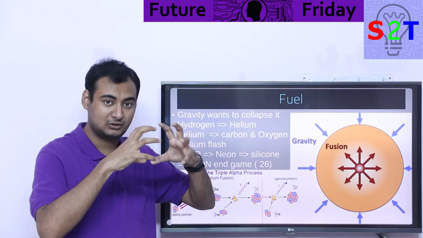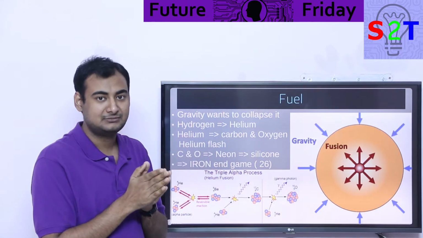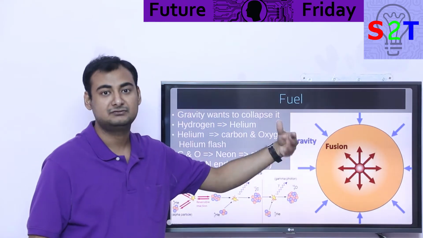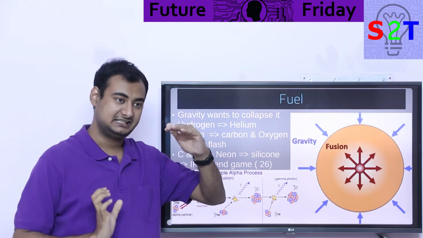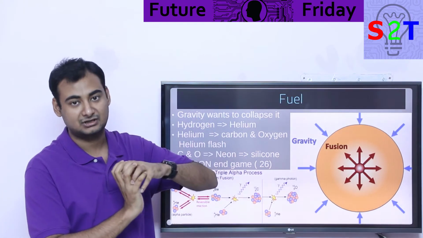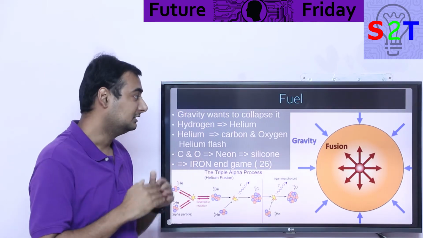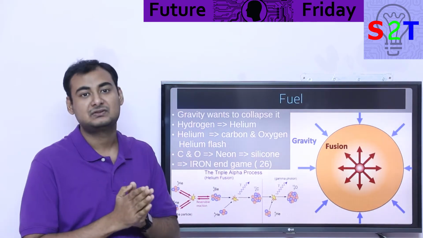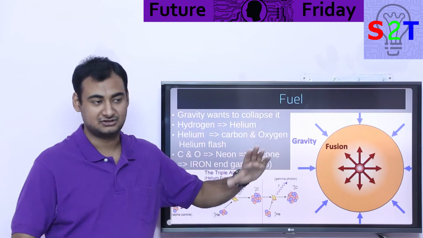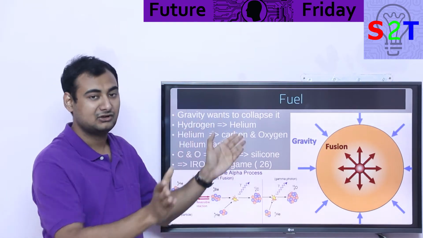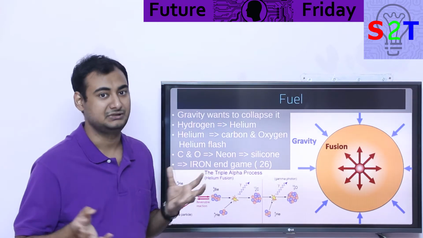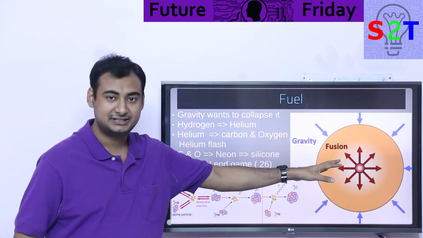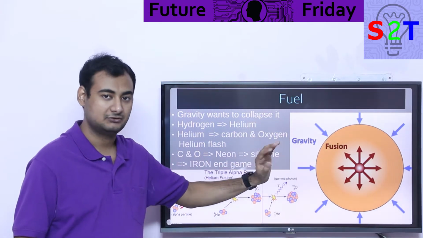Basically gravity starts collapsing at the ignition point. The core becomes hot enough to fuse. Fusion puts out outward pressure. So there is an equilibrium. Basically inside is pushing out, outside is trying to crush it in, and there is a balance between that. Now most stars spend 90% of their time in this perfect equilibrium. So if you see the star size, it will not change for 90% of its life unless it starts to run out of fuel or it's just being birthed into existence. So once this equilibrium is reached, it will remain there for a very long time.